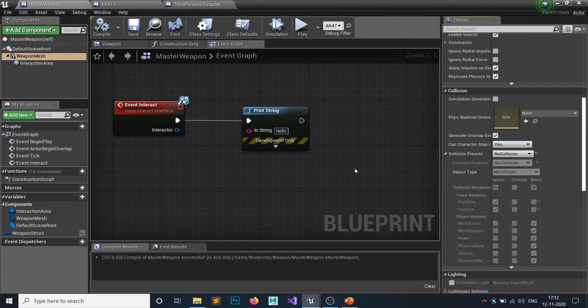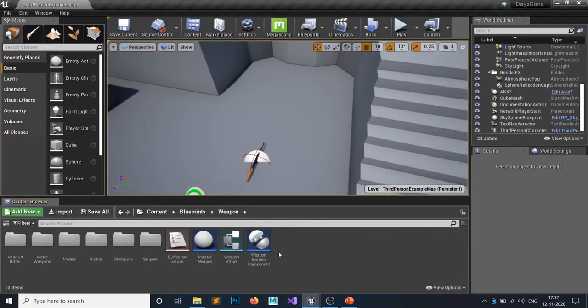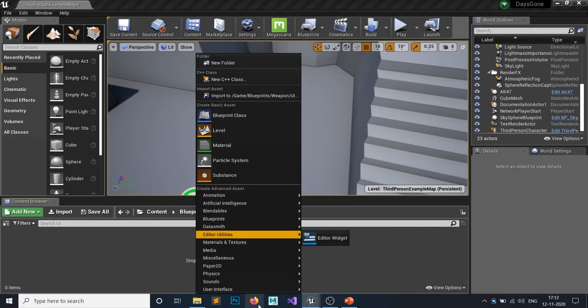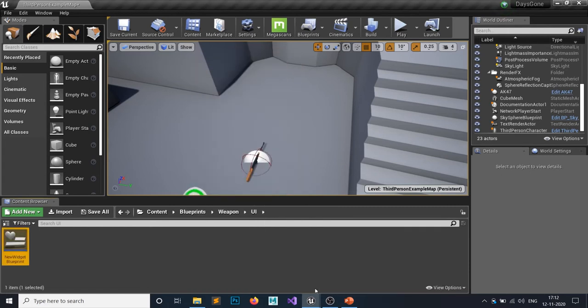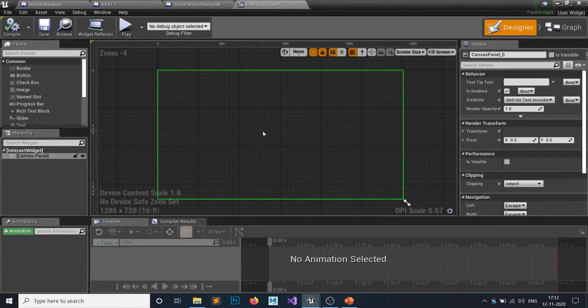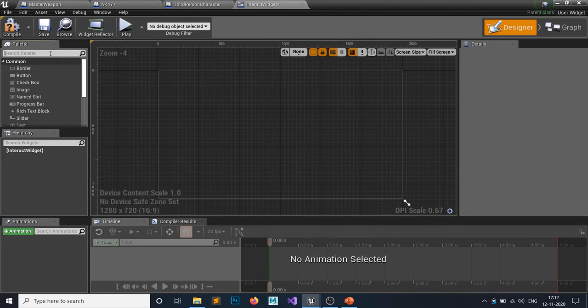Okay, now what? We need an interact widget. So I will simply make a new folder and call it UI, and in the UI I need a widget blueprint called interact widget. Open that up, and I don't need this canvas panel. What I actually need is a size box.